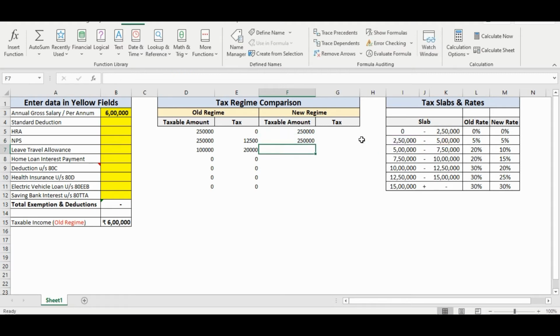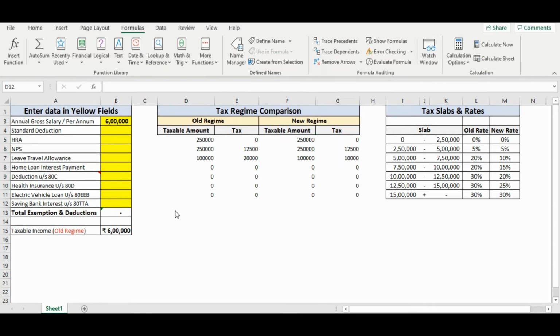And let's press enter. So here, since both slabs match with each other, we can simply drag this for other slabs and see. Here Excel has done its job and it has replicated the previous formulae for the old regime with the new regime. Let us now quickly calculate the tax amount as well. So to do this, we'll just simply multiply the tax amount with the new percentage and we can just drag it for the further slabs. With this we complete our basic calculations.